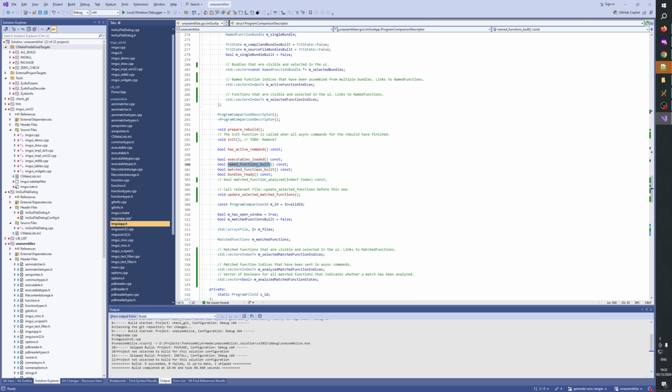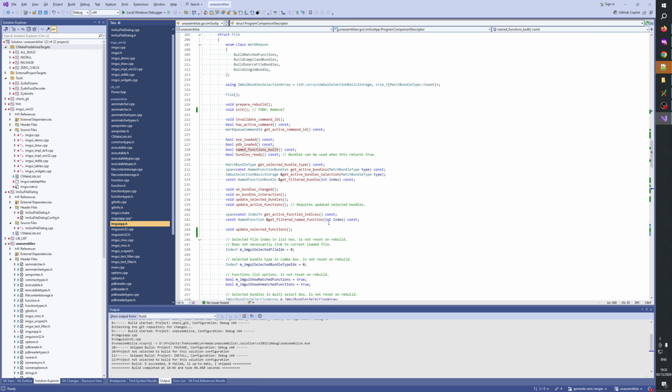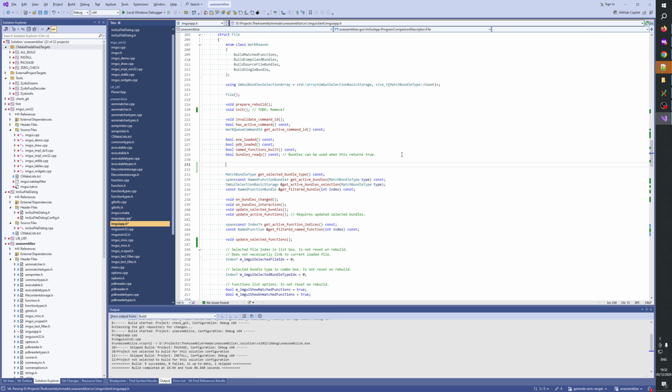Maybe we should also have named functions built. How about we have named functions